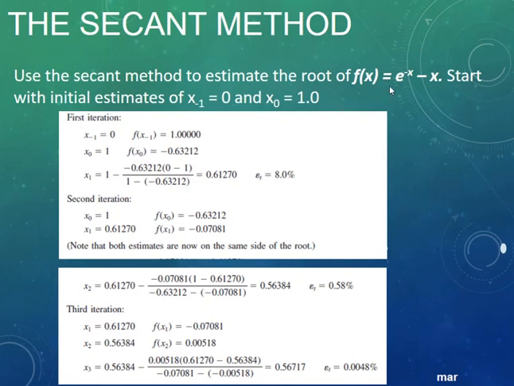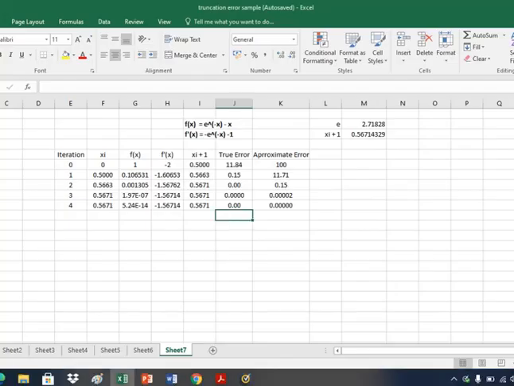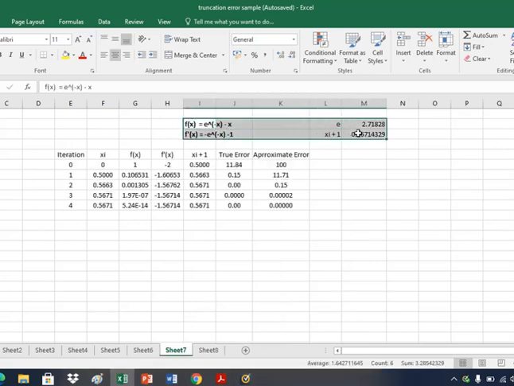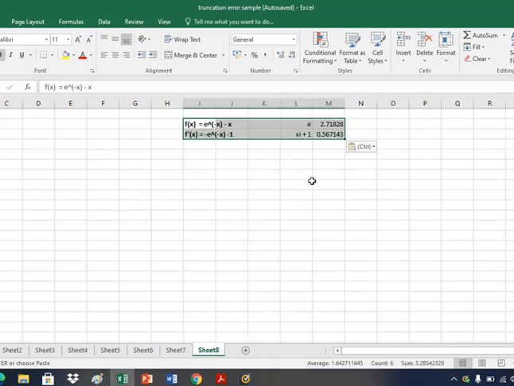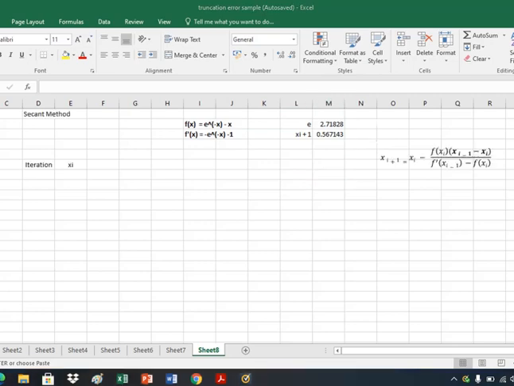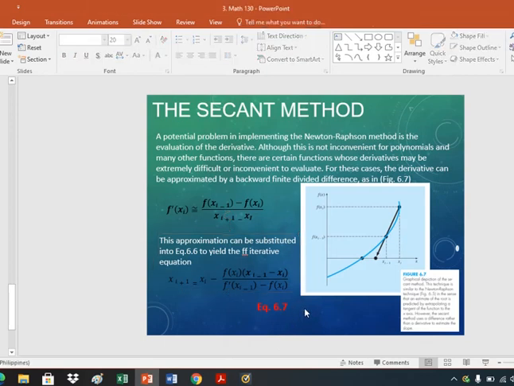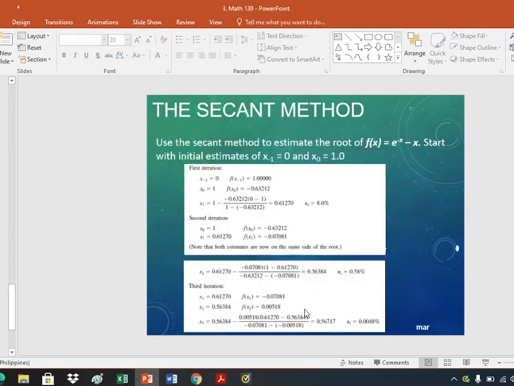Okay, so we have another example. Same lang sa sample sa Newton-Raphson methods. So again, we will use the Excel. Okay, we will copy this one. Okay, so the problem states that the